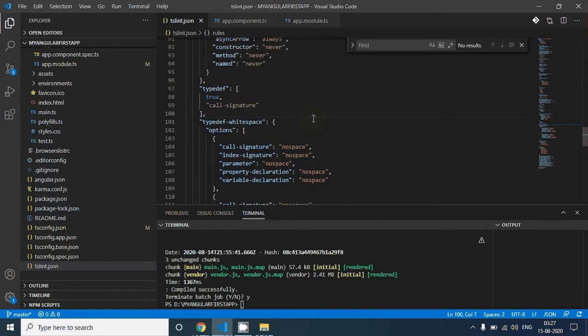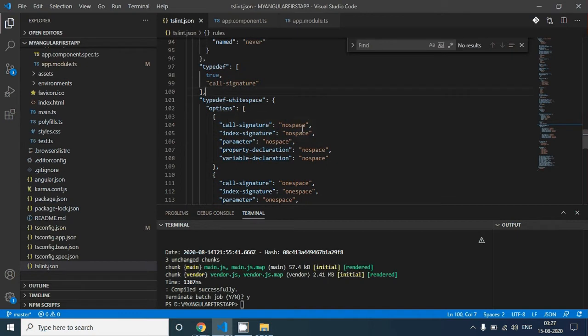If you come down and see, we have call-signature no space, index-signature no space. In the parameter, we can't give any space. If you give any space, it will give you a linting error. Property declaration, no space. Variable declaration, no space.